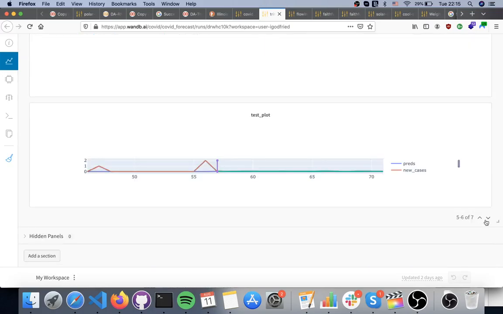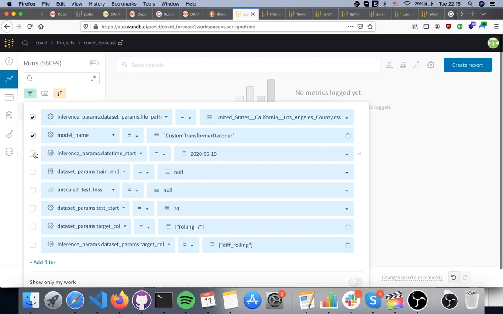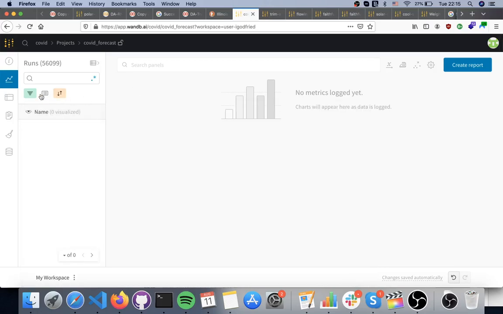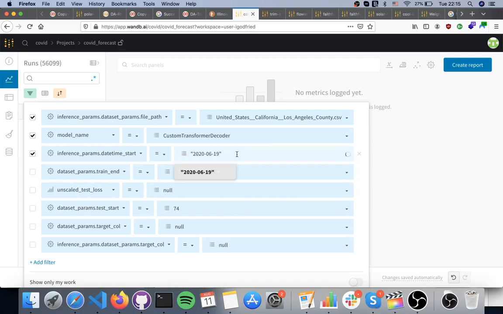This was an older one when we didn't have, oh, that's a totally bad one. That's not even in Los Angeles. So the correct thing would be to compare the exact dates. I don't actually think I ran the custom transformer on those exact dates for LA yet, which I probably should have, but